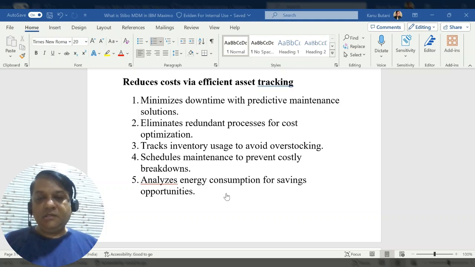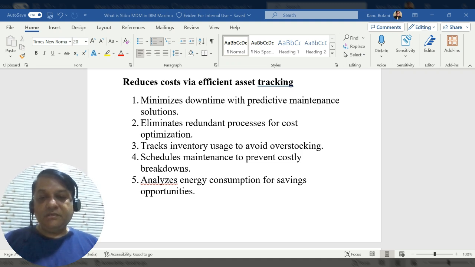How IBM Maximo reduces costs via efficient asset tracking, minimizes downtime with predictive maintenance solutions, eliminates redundant processes for cost optimization, tracks inventory usage to avoid overstocking, schedules maintenance to prevent costly breakdowns, analyzes energy consumption for savings opportunities,